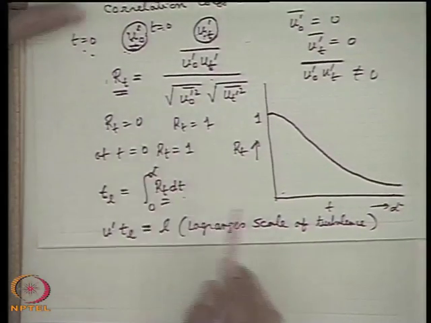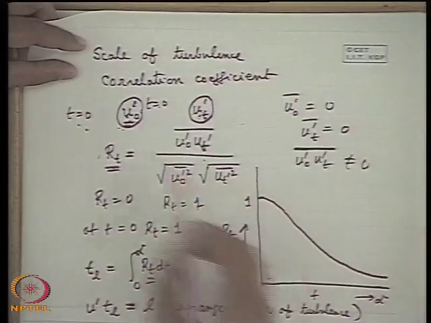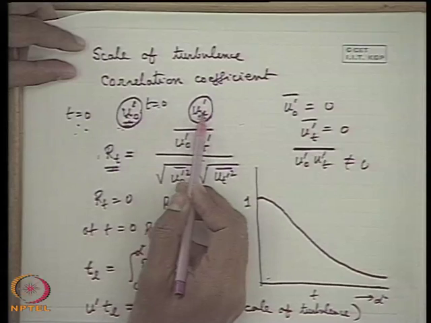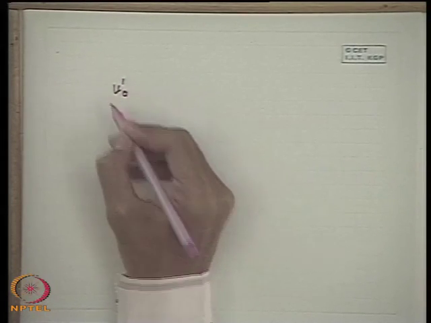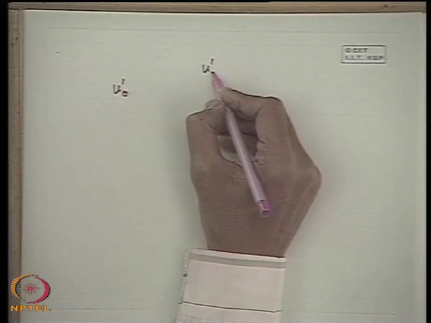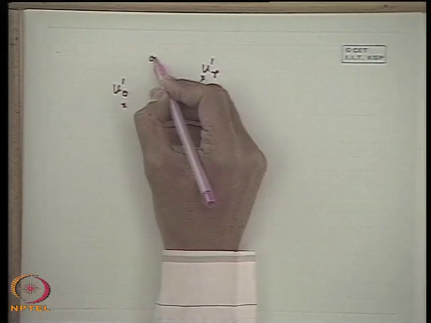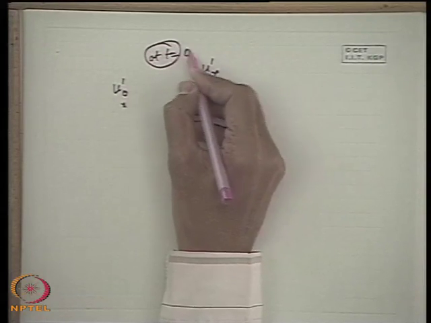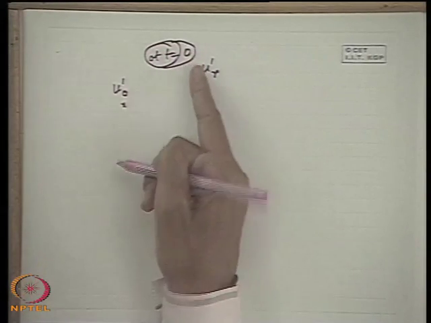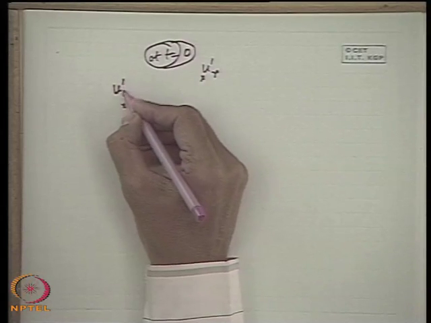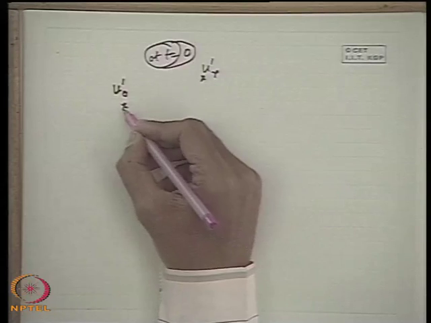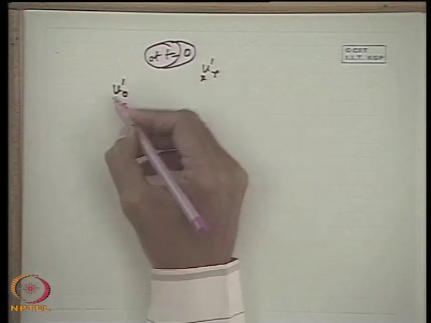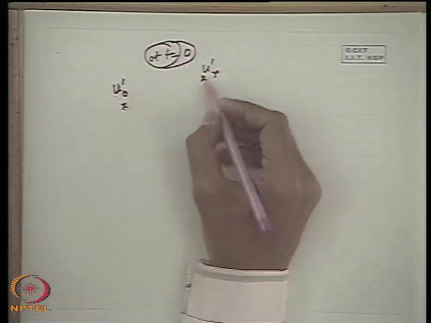Similarly, here we have considered the correlations between the two velocities at the same point but at different instants. But if we consider the two fluctuating components of velocities at a point r equal to 0 and another point at r equal to r, two different points but at the same time t, whatever may be the value of t, that means at the same instant we consider the fluctuating components of velocities at these two spatial locations, one is denoted by u0, another is ur.